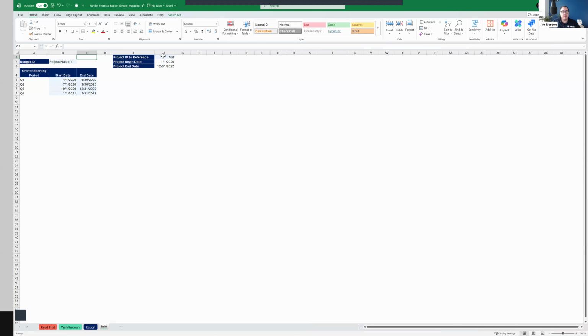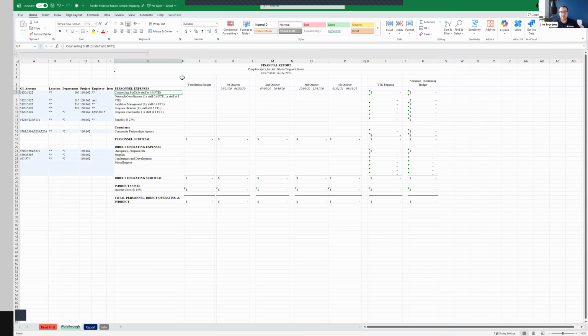And here I've got that. I've got my project ID where I'm going to pull some of the main information from. I've got a budget ID I'm going to be using, and then I have different periods that are going to be going on the report. That keeps this relatively cleaner when I'm working with it. And then the last piece is simply to get my data, right? So I can make all of this live so that once I've set it up once, I don't have to keep messing with it, right? It's a simple refresh. So first thing I want to do is get my budget data.